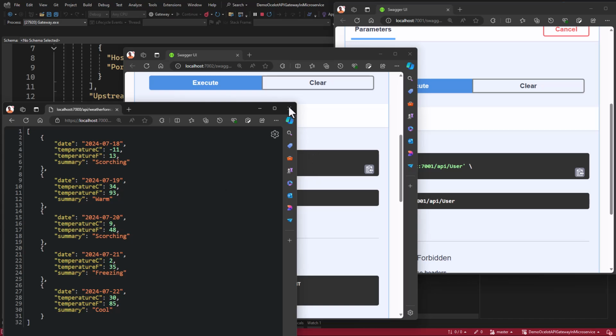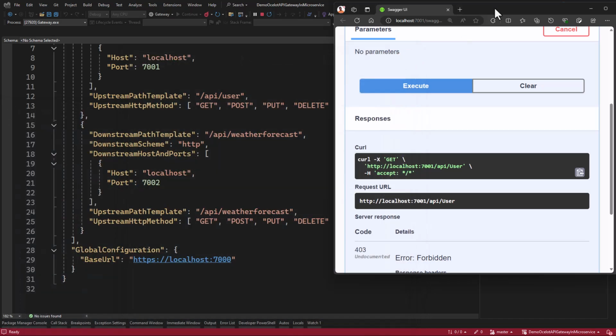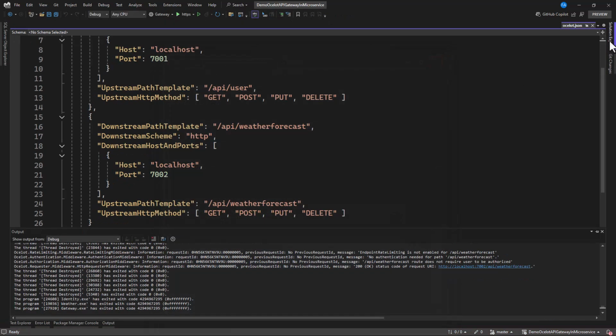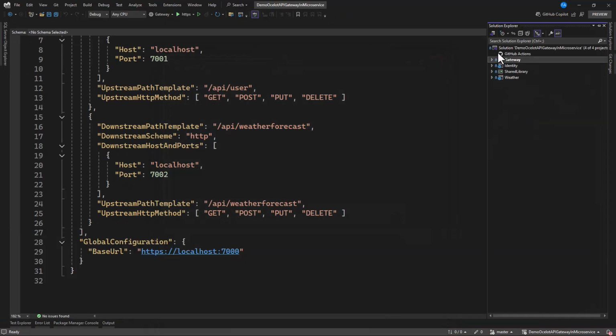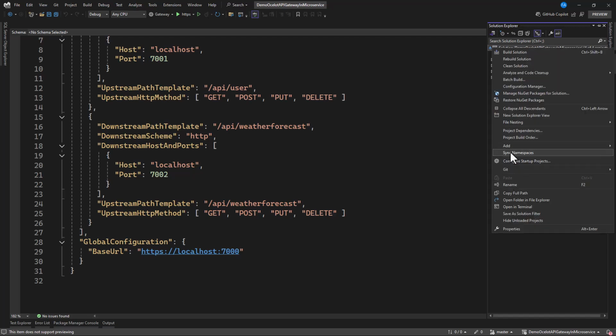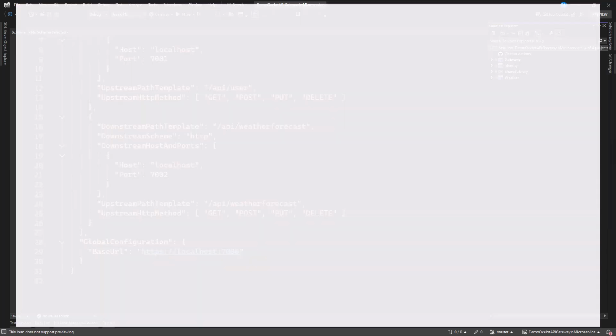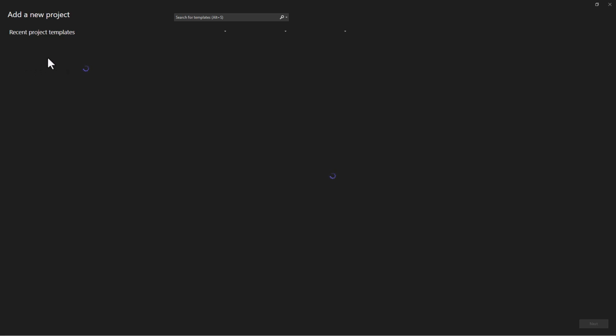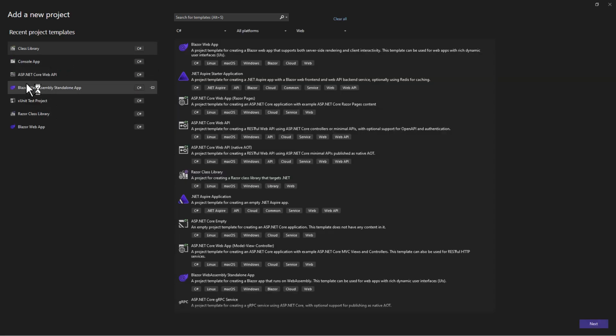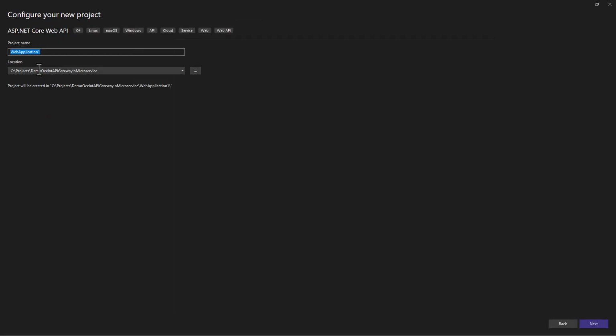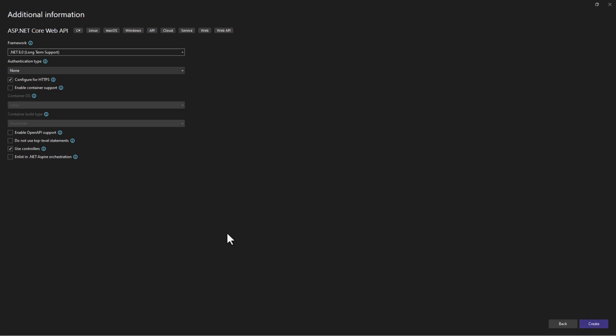Now in order for us to add authentication, let's add a separate project. So I'm going to add another project to this. Right click on solution, then let's add a new project. And now this is going to be an API as well. So we choose the ASP.NET Core Web API. And now this is Authentication API. Now let's click on create. And in here, we need to add this to the project.